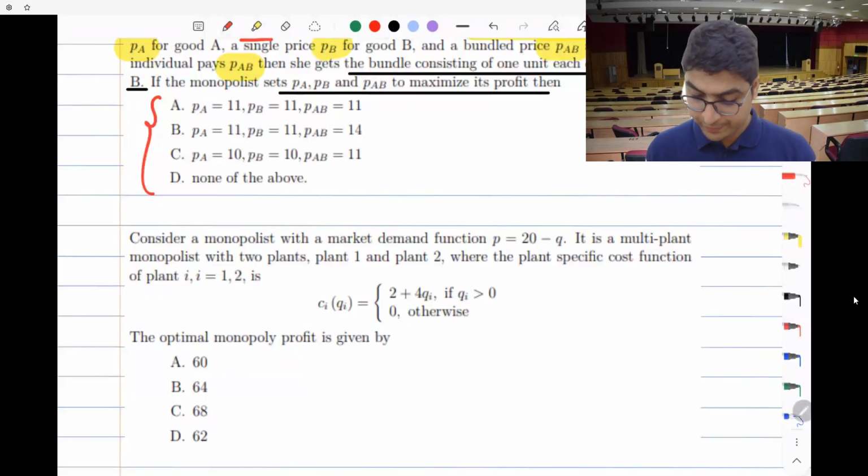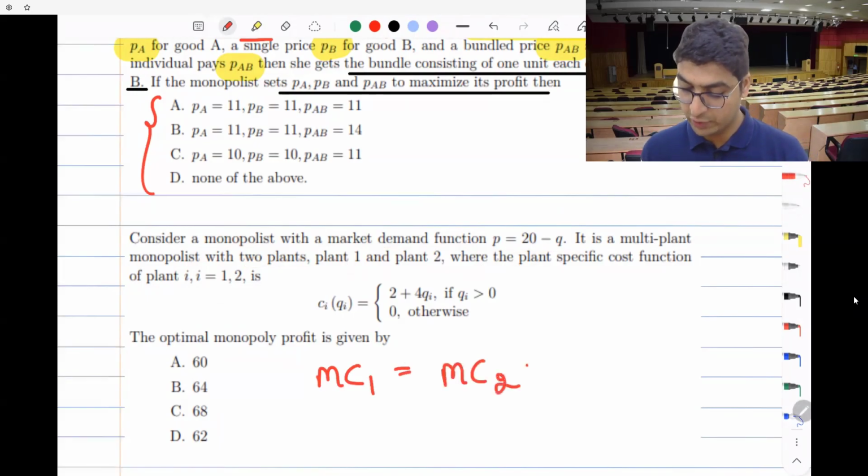Question is, consider a monopolist with a market demand function P equal to 20 minus Q. It is a multi-plant monopolist with two plants, plant one and plant two, where the plant specific cost function is given by this. Basically the same cost function for both the plants, with a linear demand function, which means in this case marginal cost for plant one is equal to marginal cost for plant two, which is equal to